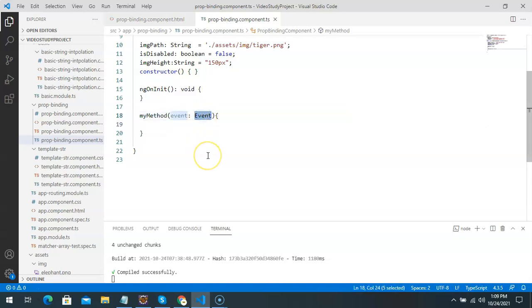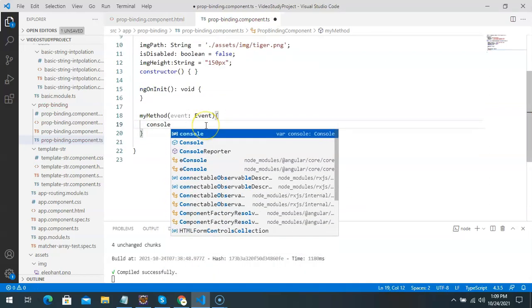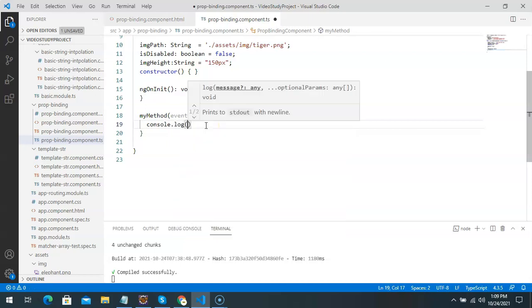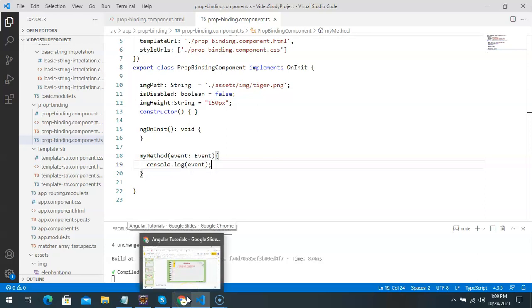This is an event object that will tell us about the actions performed by the user. In this case, we are not going to perform anything special, but we are going to execute a console.log statement here and print everything to the log. This is saved. The program is already running. Now let's go and see the output in the browser.